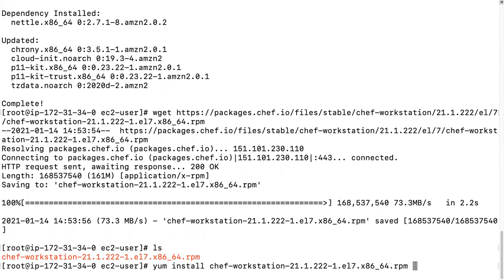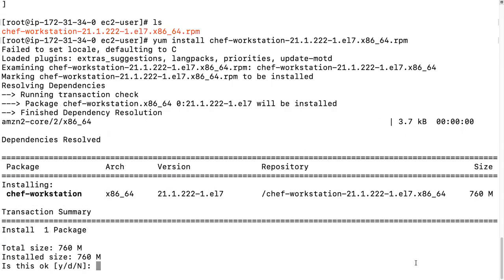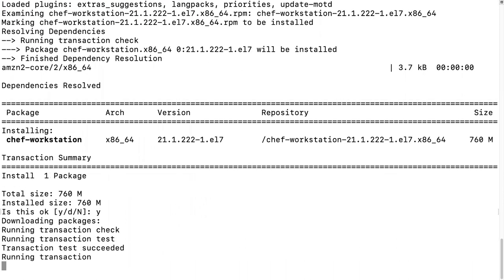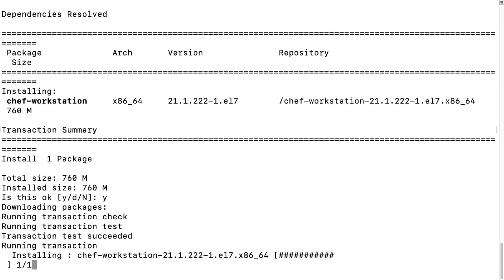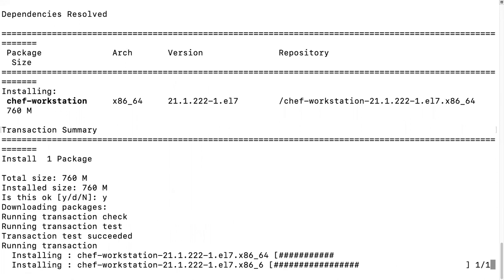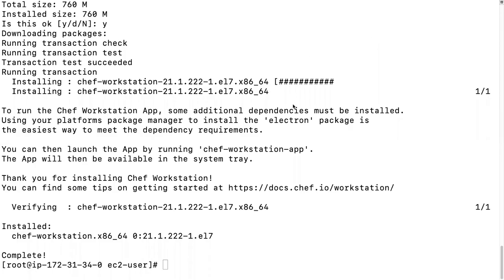Okay, I hit enter. So my package is installed. Our Chef workstation is installed successfully.